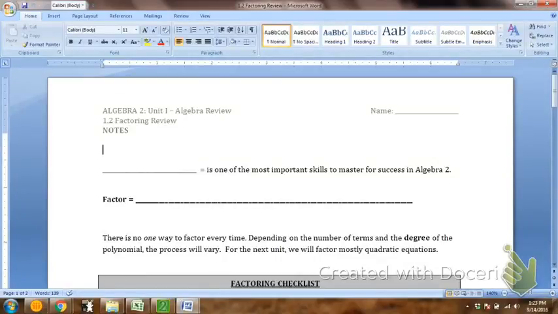Factoring is one of the most important skills to master for success in Algebra 2. Factoring. That's your first blank there. Factoring. So this is actually a review skill from Algebra 1, but if it's been a while since you've been